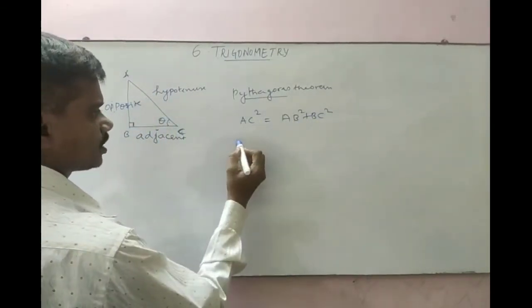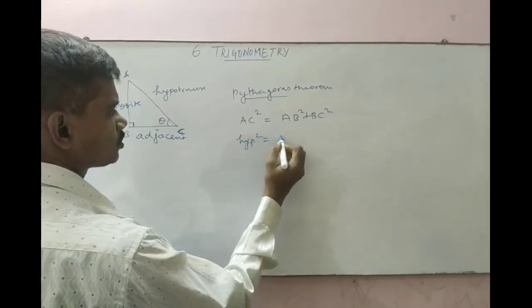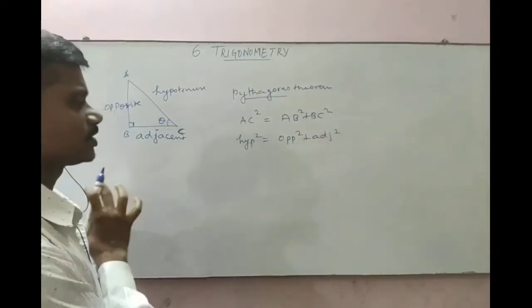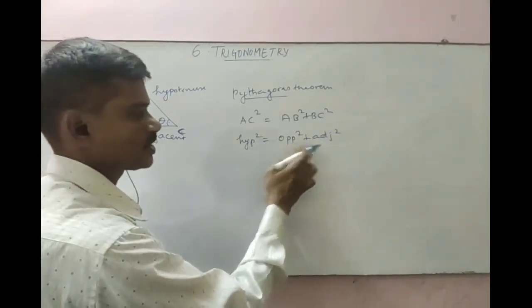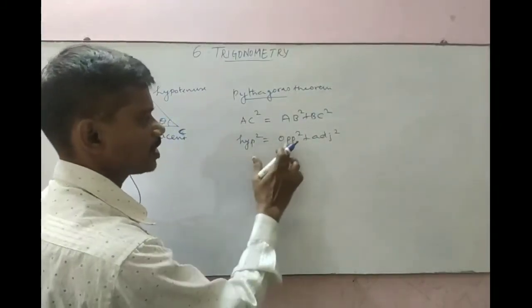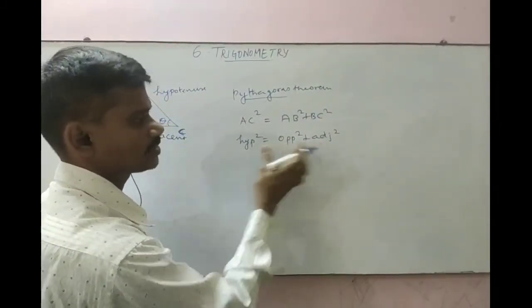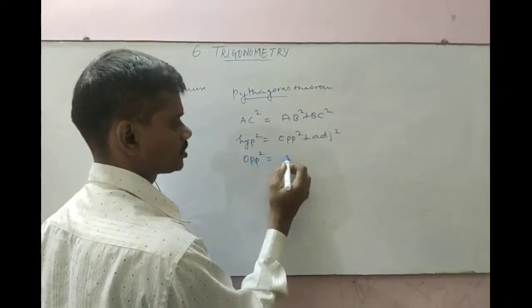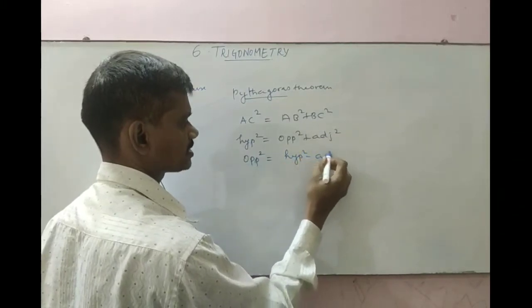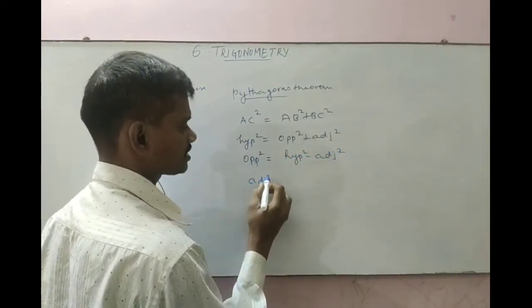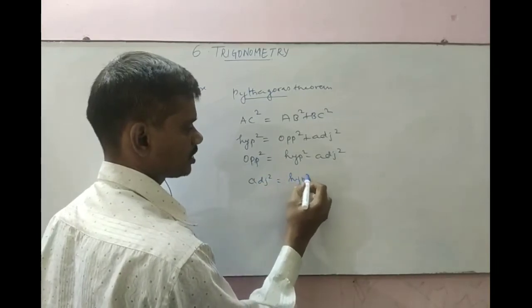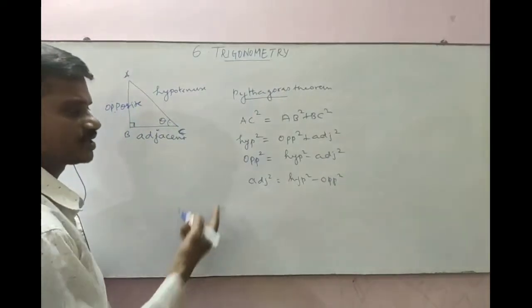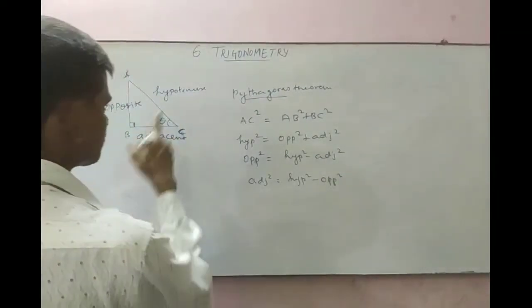You can write this in this way also. Hypotenuse square is equal to opposite square plus adjacent square. So in this, if you know any two sides, you can easily find out the third side. Opposite, adjacent கொடுத்துட்டாங்க, hypotenuse கேட்டாங்கன்னா you can use this. If you want to find the opposite side, opposite square is equal to hypotenuse square minus adjacent square. If you want to find the adjacent side, that is hypotenuse square minus opposite square. So using these three, you can easily find out any side which is not given in the right angle triangle.